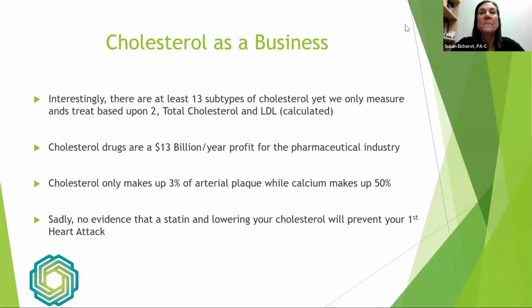But cholesterol is a business. When you look at the science, there are at least 13 different subsets of cholesterol that we can talk about. LDL, HDL, VLDL, VVLDL. There's ones I'm not even familiar with. Essentially, in conventional medicine, we measure two. Well, we measure a total cholesterol and we break that down to your HDL or high density. These are more your floatable, good cholesterol. And then we calculate an LDL. You do a little more testing, you might get a VLDL, or very low, these little lipid particles. But really, we base our information and measure only two of these.